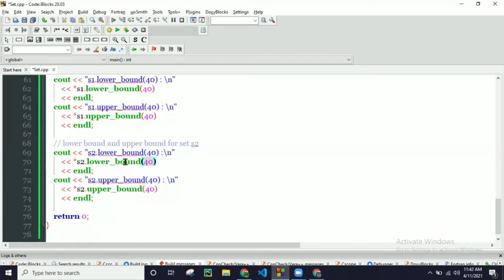This will print 40 if our container has a value of 40, and upper bound will print the next value after 40 if it is available in our container.